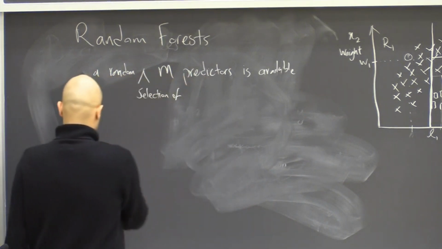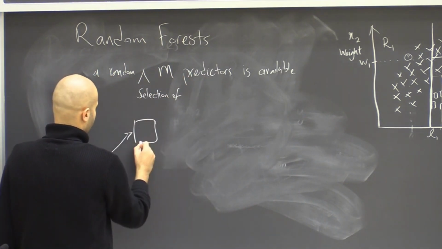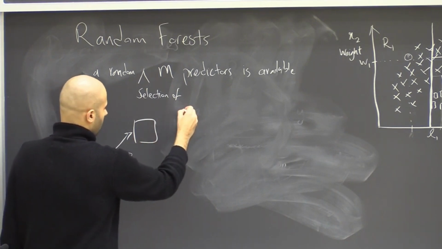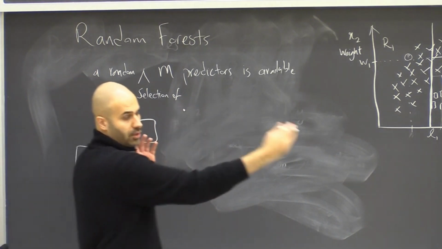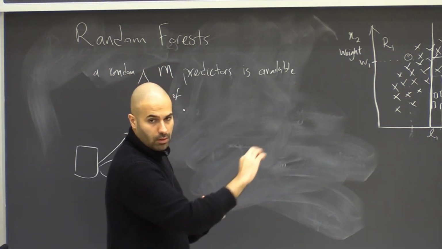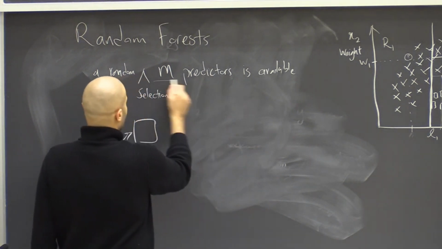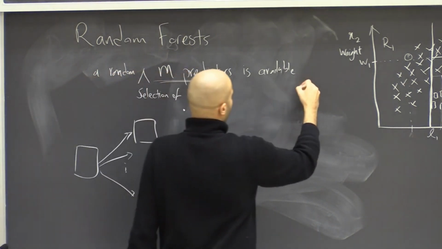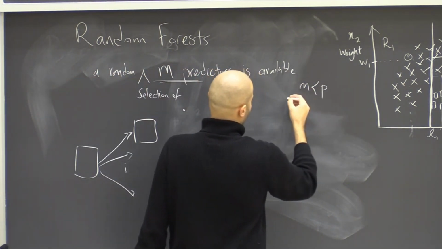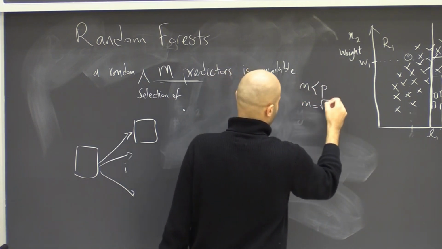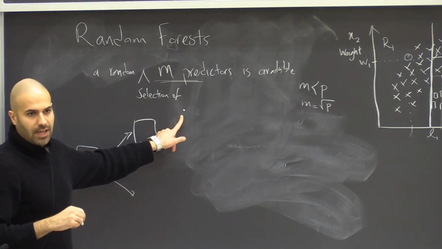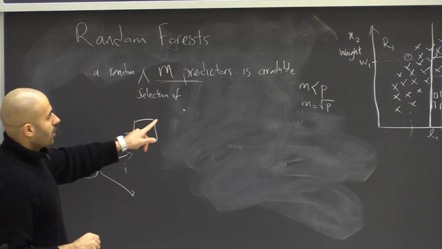So this is the data set. This is some bootstrap sample. We are growing a tree here. For the first split, we're not searching the whole space of possibilities for which variable to split on. We only search within a restricted space of M predictors. And M is much smaller than P. Sometimes it's common to use square root of P. So this is counterintuitive because we're restricting this tree, but actually this trick is going to give us